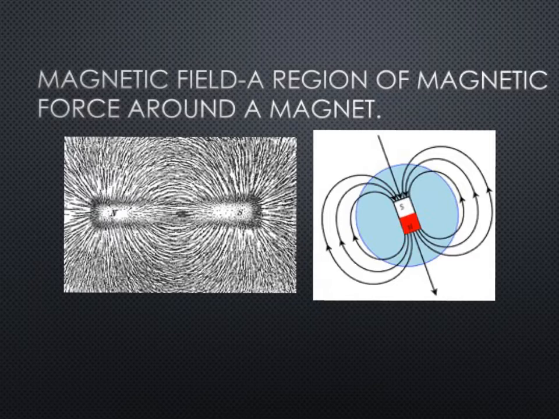And next up is the word magnetic field. Magnetic field is a region of magnetic force around a magnet. Now, if you take a look at this magnet here, it's just a regular magnet laid down. You see the north and you see the south pole, and somebody has sprinkled magnetic pieces around this magnet. And as you can see, it gives you a ginormous magnetic force, so you can see how strong the poles are. If you take a look at the north and the south poles,